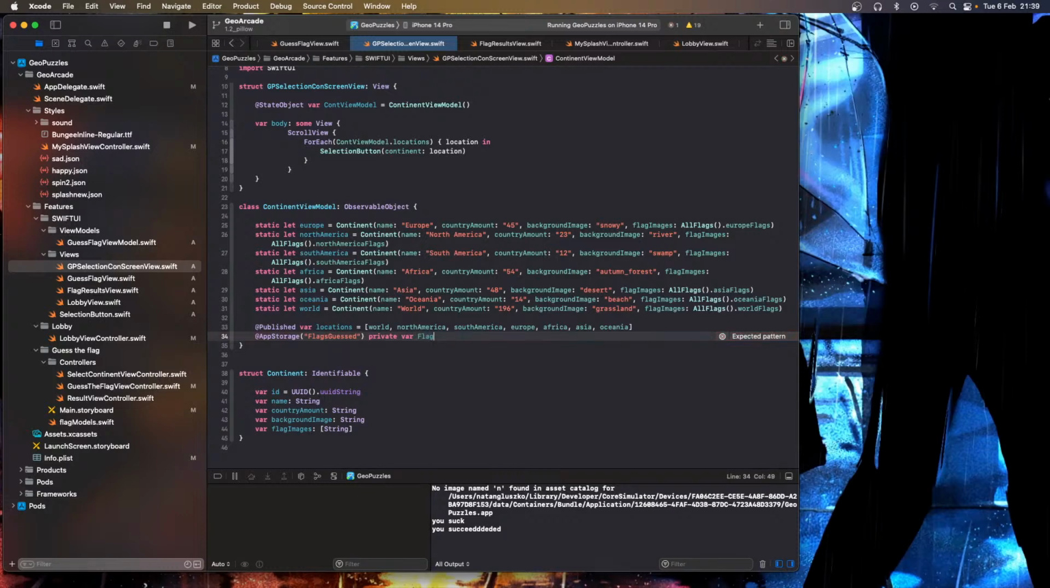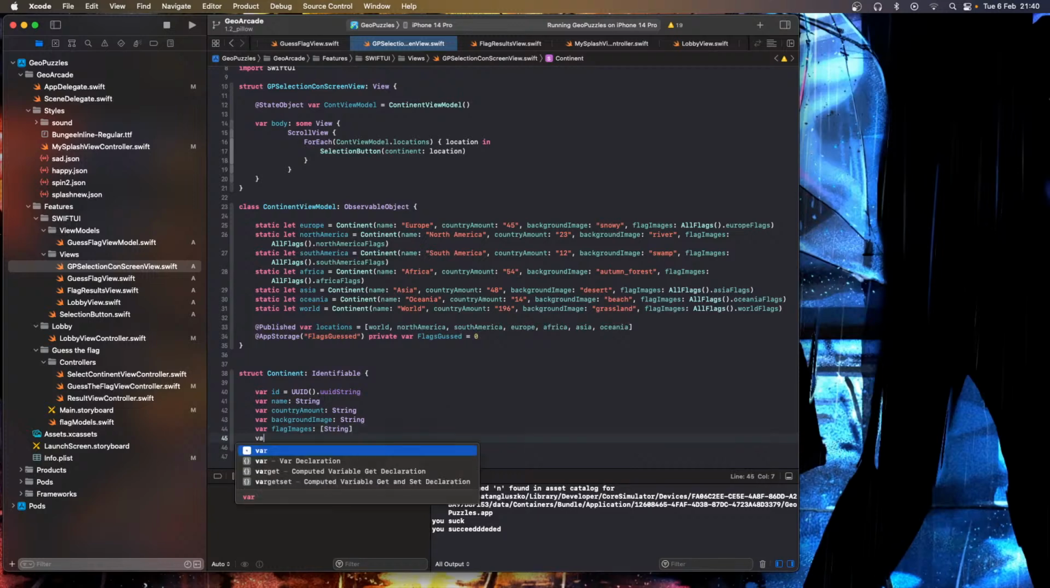And we can keep the same flags guest and make that 0. Oh, are we gonna need that view model then? I mean, actually, if we're gonna pass down the value, it should be fine. Alright, so we have that. And then for all of them, let's just make it the same. This is the int, so var